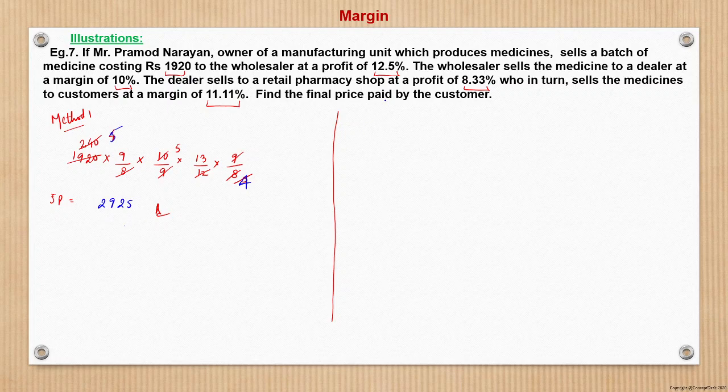So find the final price paid by the customer, right? This is method 1. Method 2, I just break up whatever I have done here in method 1. This is the way I approach this question in an exam. I'll solve this within a few seconds. However, just for the sake of explanation and better understanding, I break up this process, in terms of how things actually work.